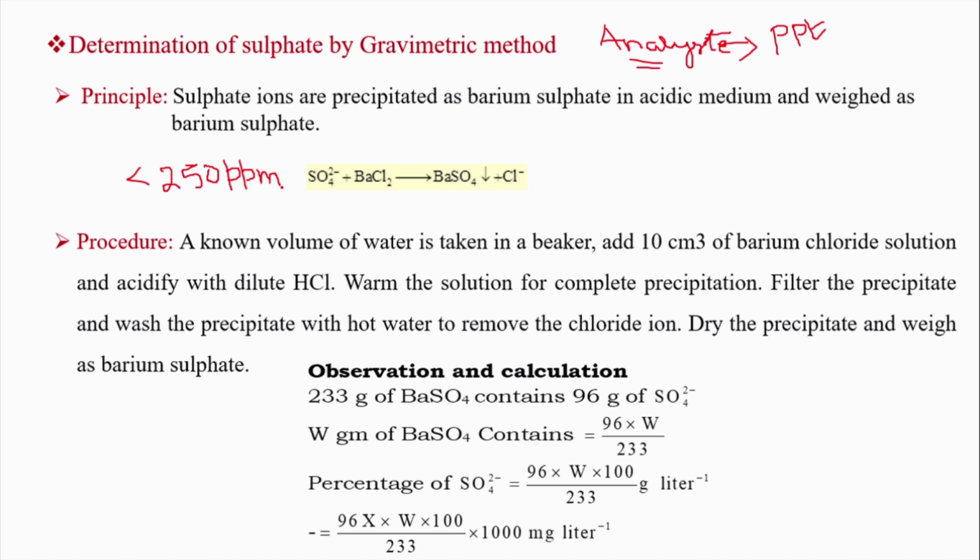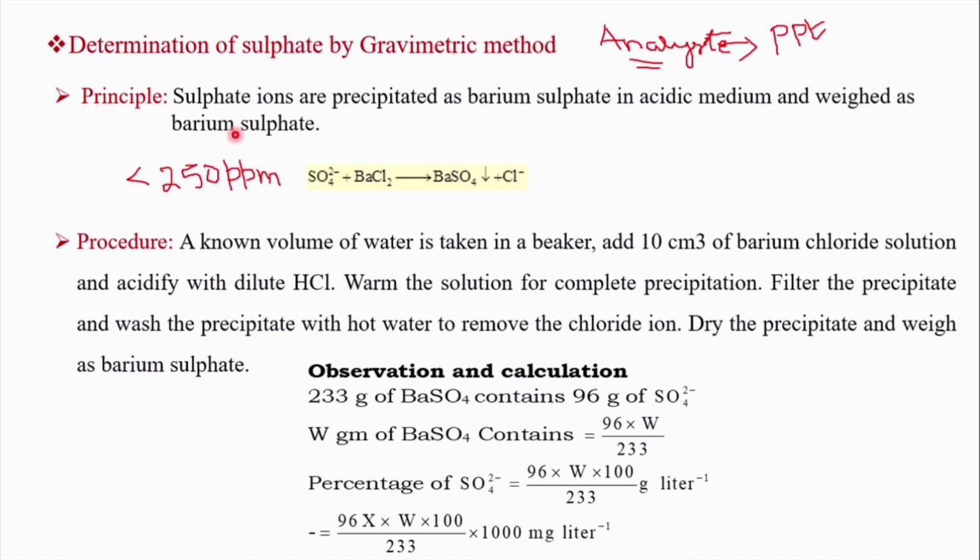Sulfate is considered toxic in drinking water, and it is harmful for boiler operation because it will be converted to calcium sulfate and magnesium sulfate, and in the previous slides we have studied that it will give problems like scale, sludge, etc. That is the reason we need a method to determine the strength of the sulfate. Once you know the concentration, it is easy to find a remedy to overcome the problem. One such method is the gravimetric method.